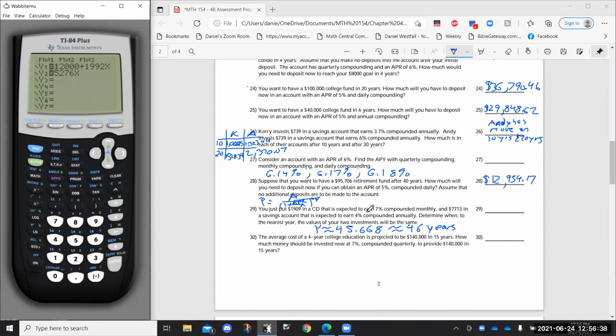So this one is going to be P times 1 plus APR, which is 7%, over N. This is compounded monthly, to the N times X. X's are unknown. And then on this one, we have